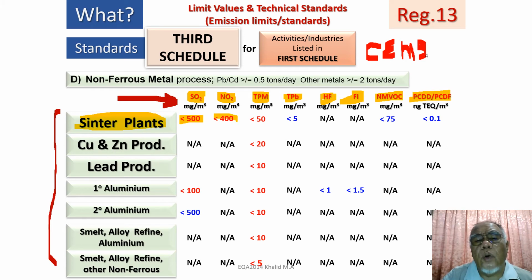It also requires CEMS, meaning this industry has got to install CEMS, continuous emission monitoring system. The same thing goes for total particulate matter. All right, got it? So for sulfur dioxide, nitrogen dioxide, and total particulate matter, sinter plants require CEMS installation and